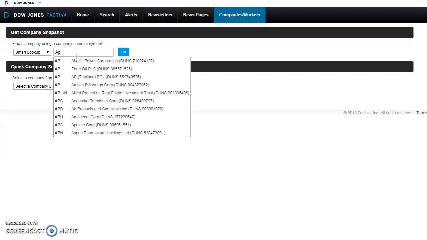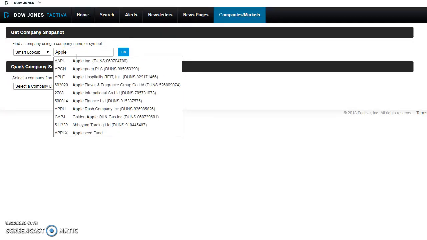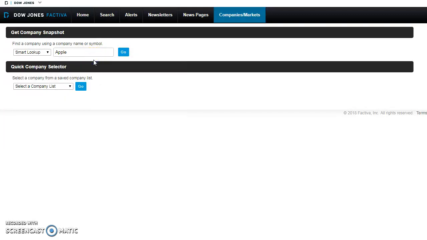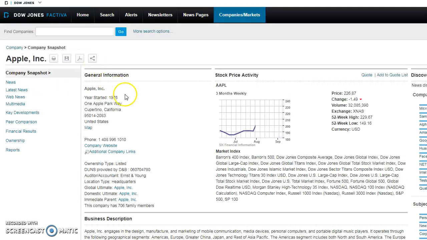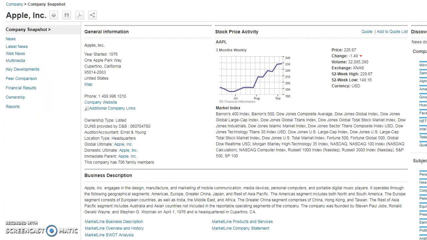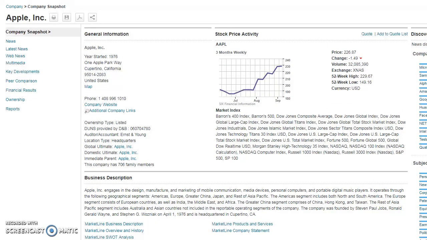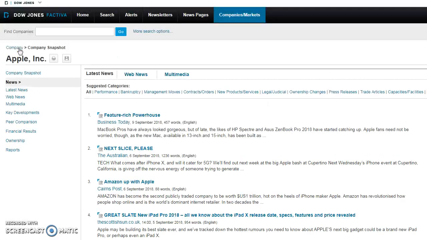You can look at Apple Incorporated. So Apple Incorporated is a NASDAQ listed company. I think it's the second largest in the world, or the first largest now, going with Amazon. And we get results here for Apple. You can get the latest news on Apple. You can also